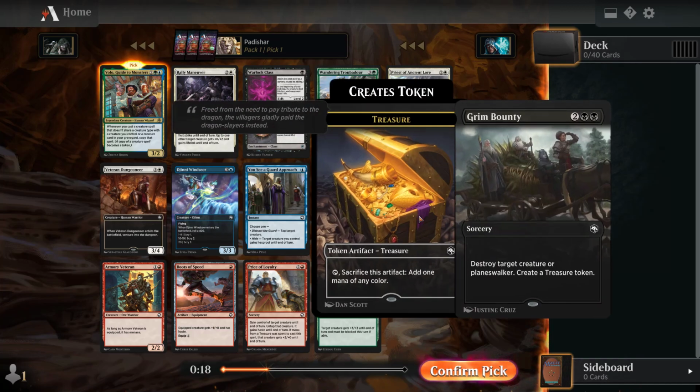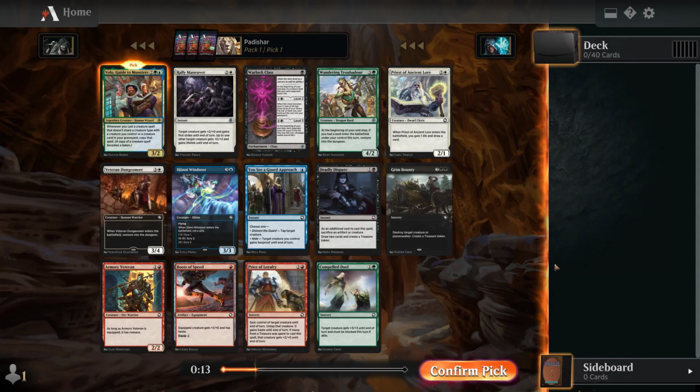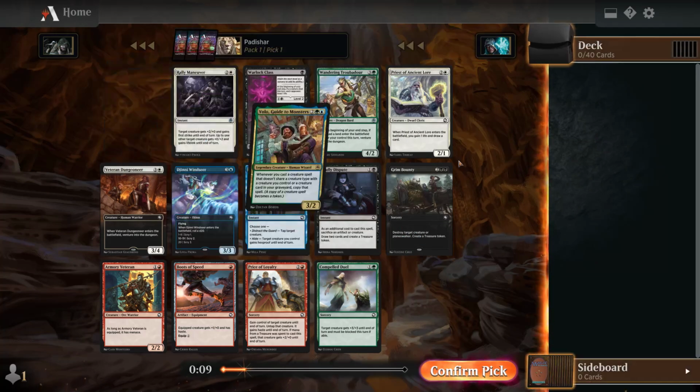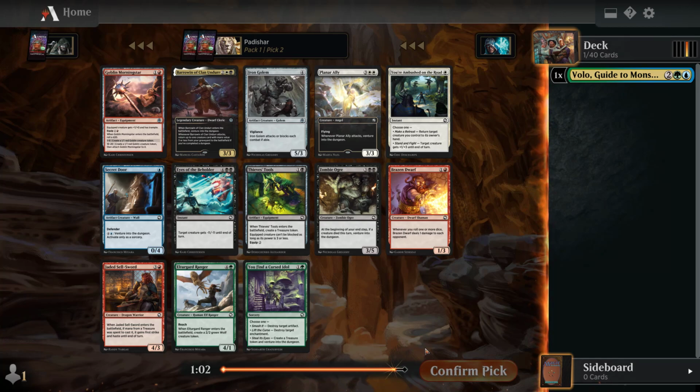The next choice would be the Grim Bounty. I like it more than the uncommons here. This is just a very good common. Could be the second best common. I do like Dragon's Fire slightly better. Okay, so hopefully green-blue would be open, but